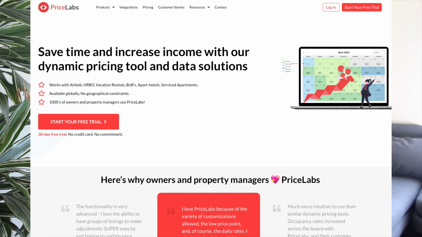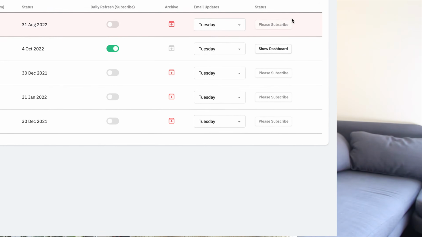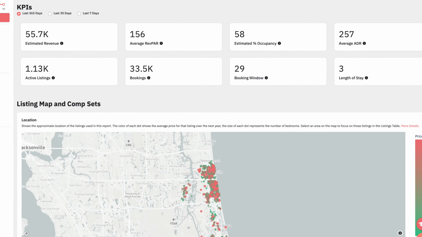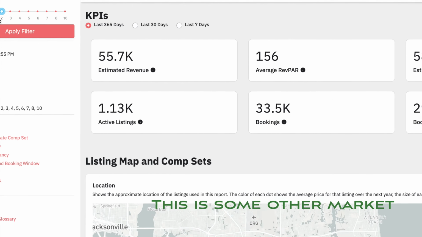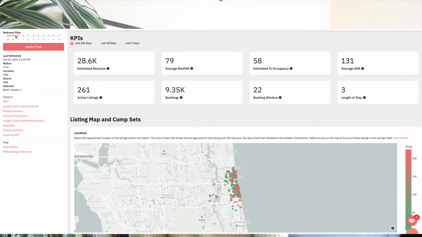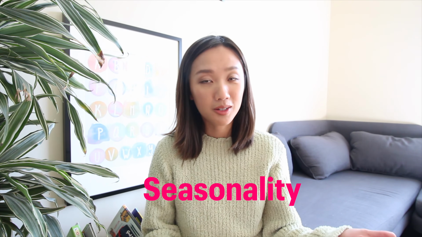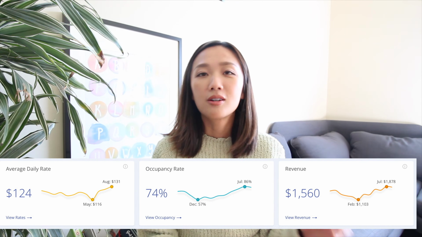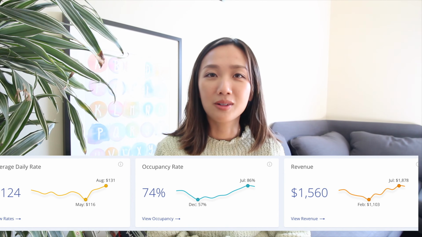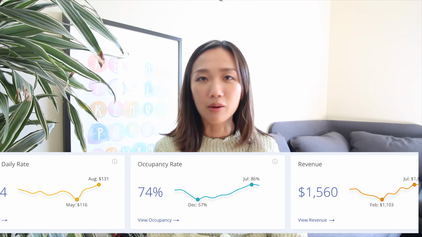Well, there are two main avenues. First, we looked at Airbnb analytic websites like AirDNA and PriceLabs. You can easily find out how much other listings in your market made in the past year and how much they were charging per night and what their occupancy was. One thing to keep in mind is seasonality. Demand changes throughout the year, so some months are more highly occupied and the nightly rate also goes up. For us, we were hosting in the middle of winter, so the nightly rate is lower and the occupancy is about 55%. Between those analytic websites, I personally rely more on PriceLabs because I really like the granularity and also